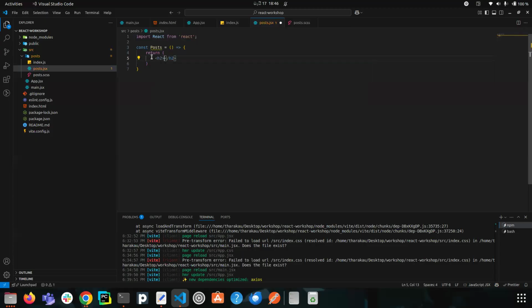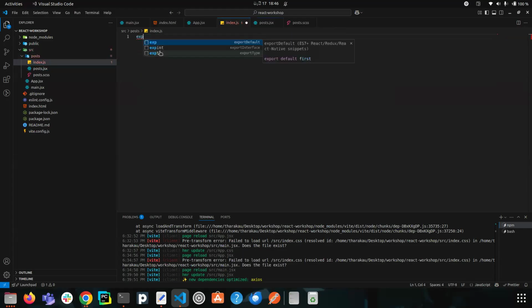Return stage 2. So it has post now. Then we will export it. It's a default export, Post. Okay. Now we have this post component, and we will export that from here in the index file, because